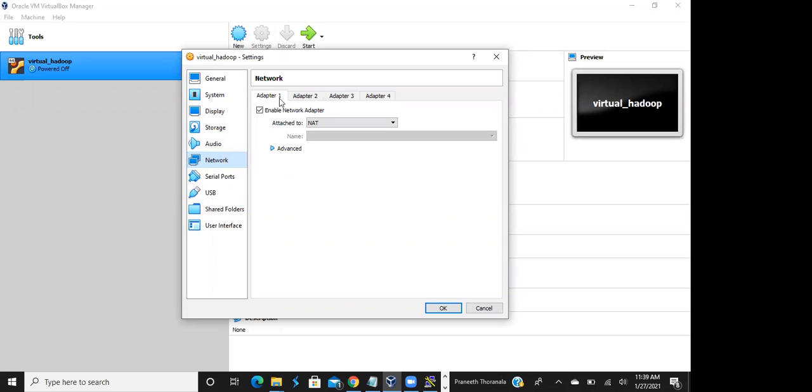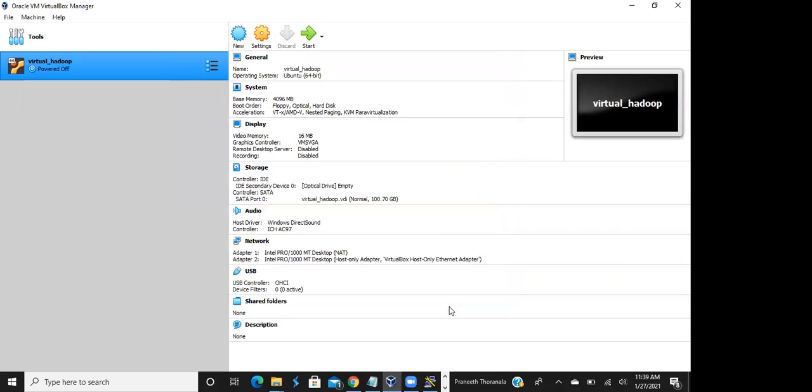Click on the adapter 2 tab and enable network adapter. Click the checkbox. Attach to, just choose host only. It will be a drop down where you can see host only adapter, and just say OK. And now start the VM.